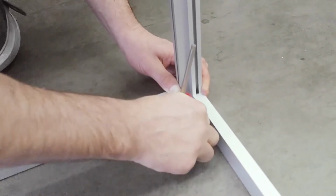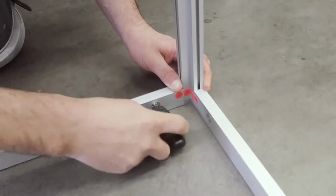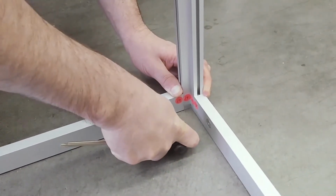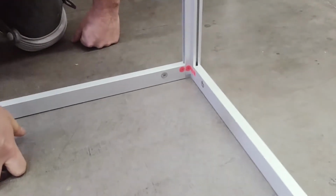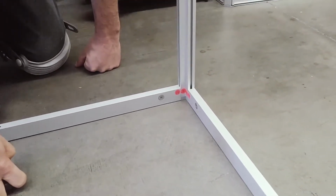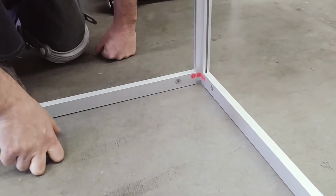And you just continue till it's nice and snug, and it will actually stop like that. You don't want to force it, you don't want to over torque it, because that might break the lock. And then lastly, you'll know if you're putting it together right as